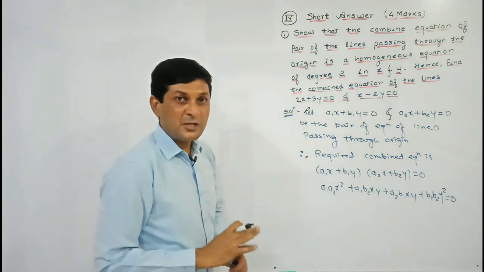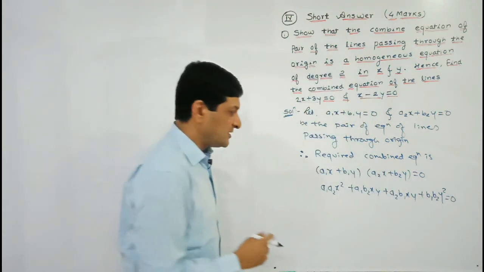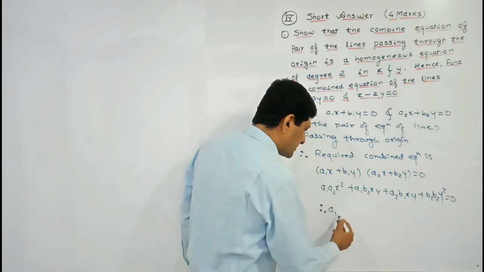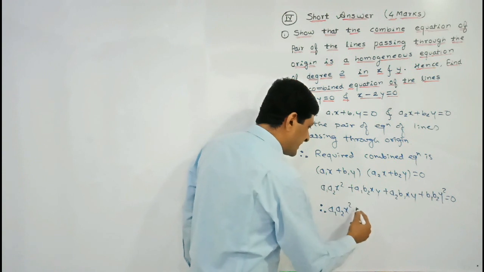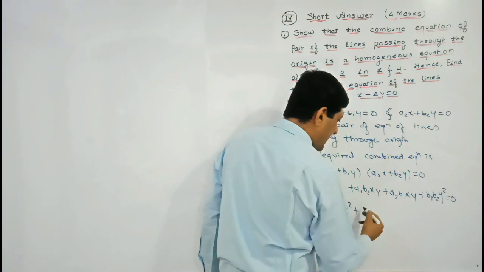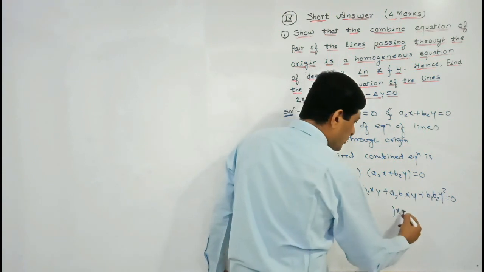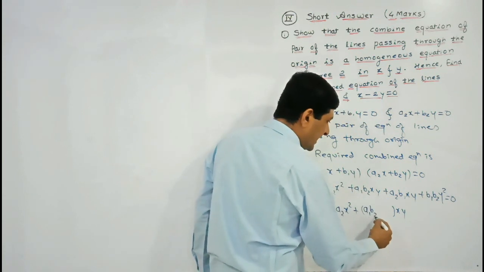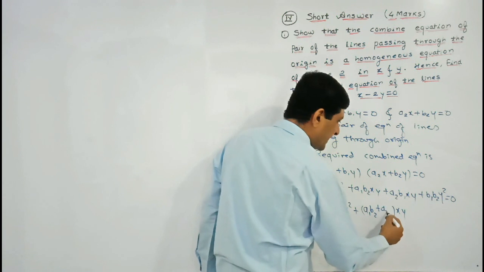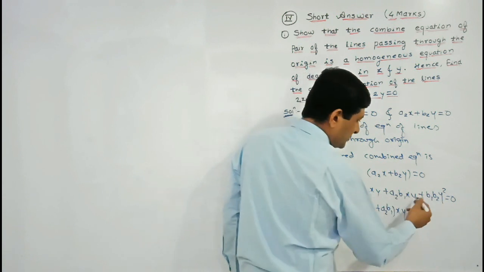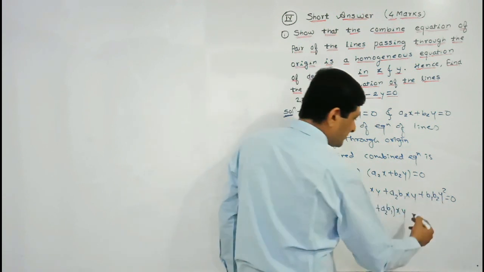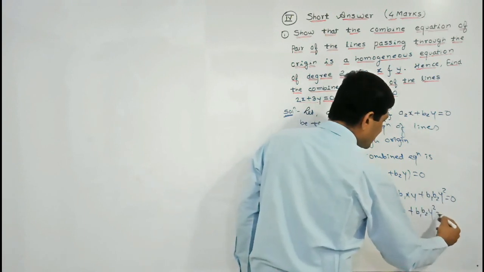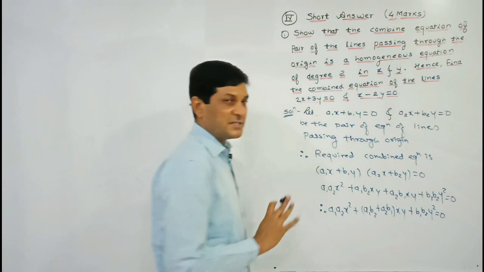Now we have taken the multiplication, let us simplify it. Here only one term of x square is there, so write down this first term a1 a2 x square. Now here two terms of xy are there. If I take xy common from them, the coefficient in the first term is a1 b2 and in the second it is a2 b1. We have taken xy common from these two terms. Keep the last term as it is, b1 b2 y square is equal to 0. Keep it as it is, isn't it?